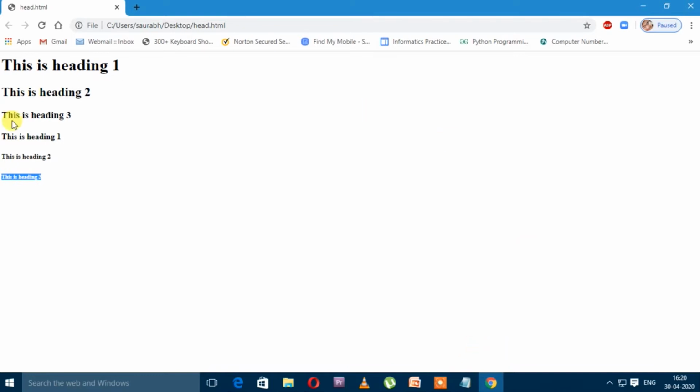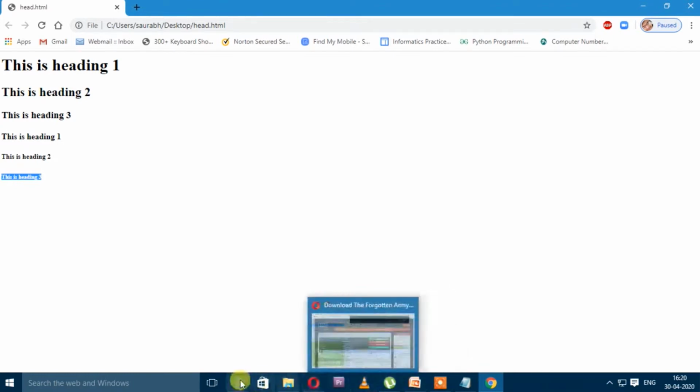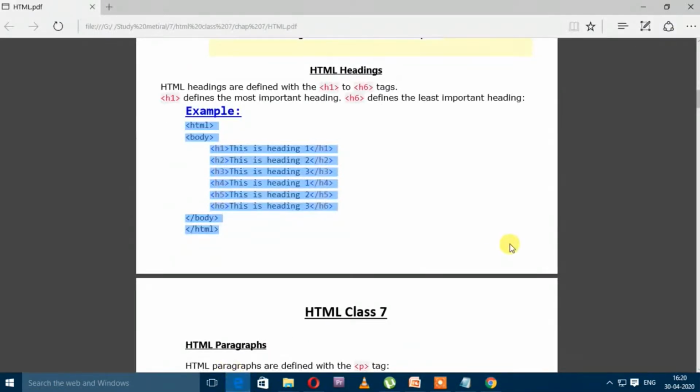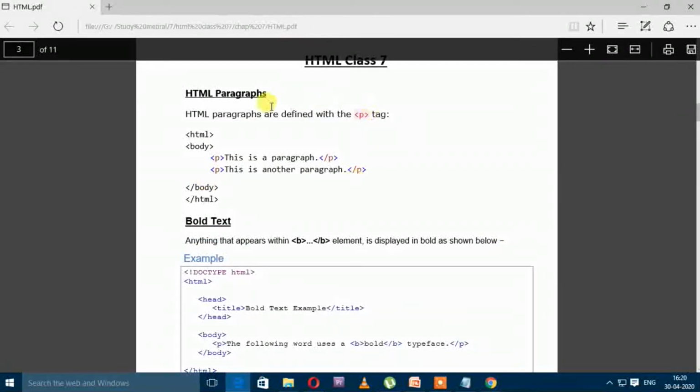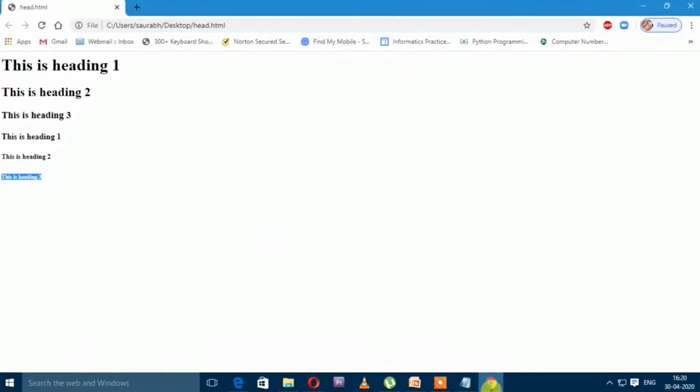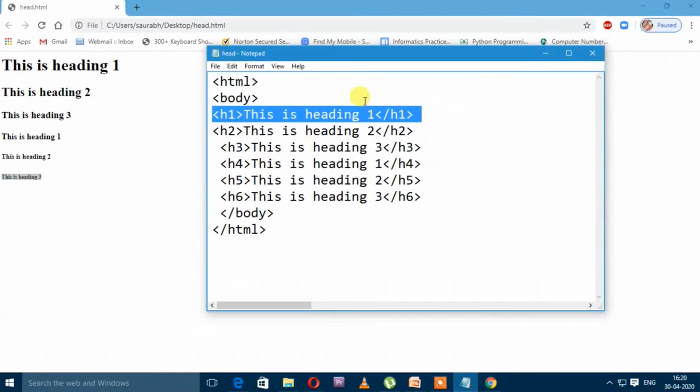Now the next tag is the paragraph tag. We can use paragraph to create various separate sections in a single page. As I am applying the P tag here, P tag opened.